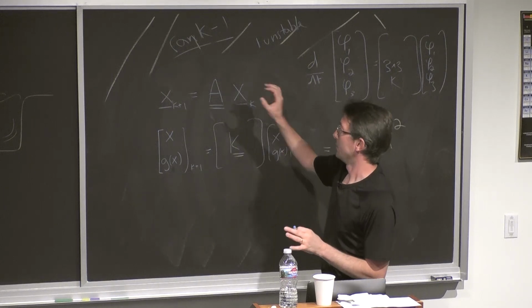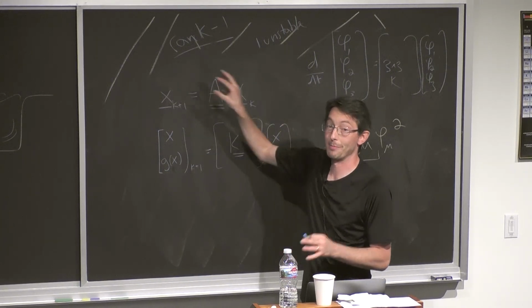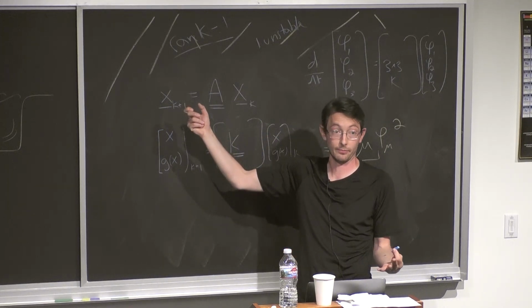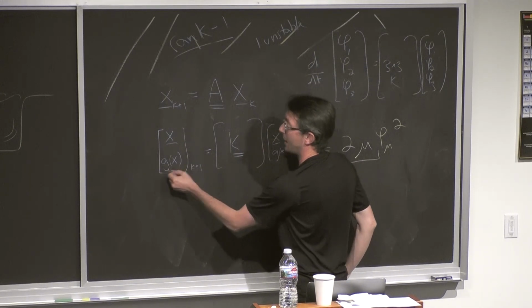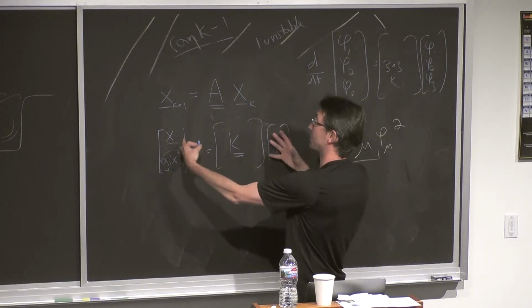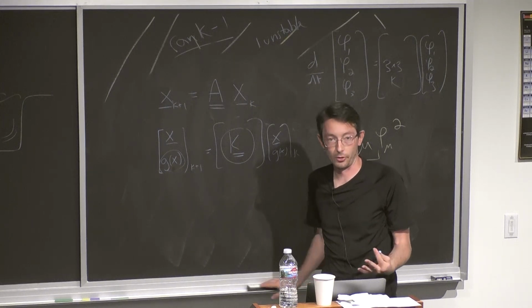OK, so DMD is basically doing a linear regression directly on the state of the system. My measurement in Koopman land is just the identity measurement on x. I'm just measuring the state. But what you can do is you can augment this vector with nonlinear measurements, x squared, x cubed, sines and cosines of x. And you can build a much bigger regression problem to find K. And so this is one approach.